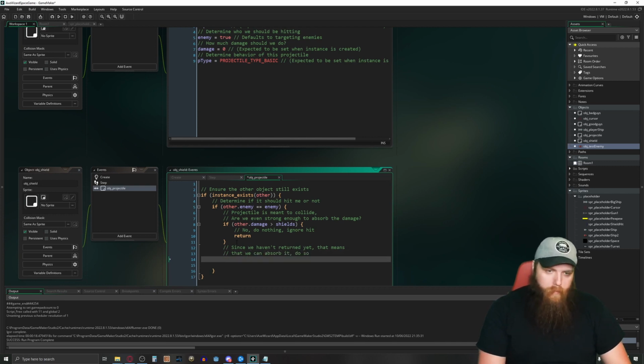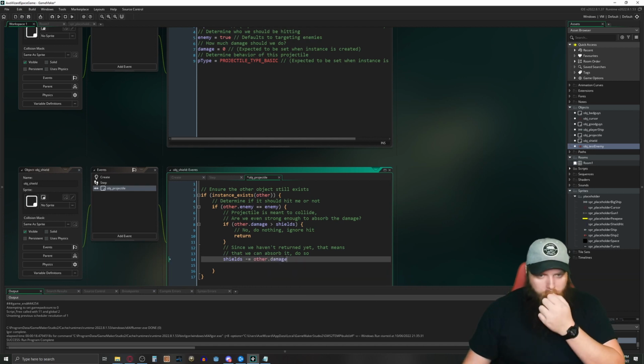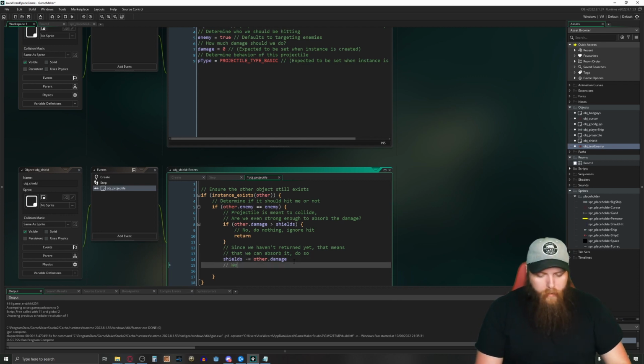Do so. So we're going to say shields minus equals other.damage. Okay. We absorbed it, but we also want to